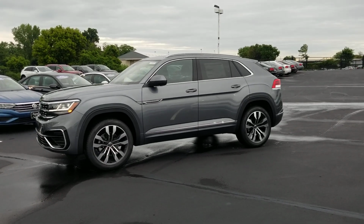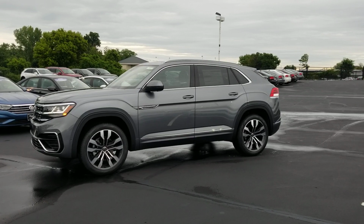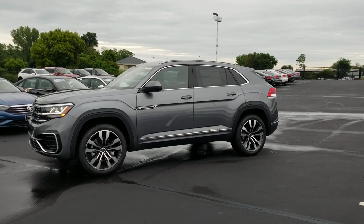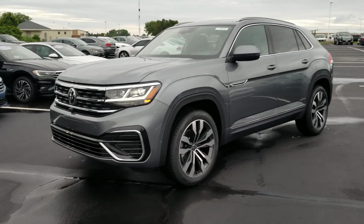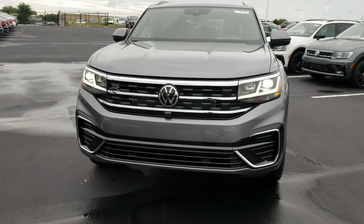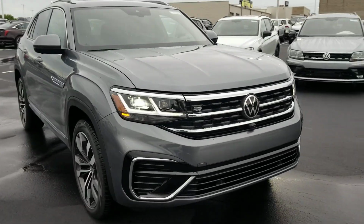Today I'm bringing you a 2020 Volkswagen Atlas Cross Sport SEL Premium R-Line. This one is platinum gray metallic on the exterior with black leather interior. It features 21-inch Braselton wheels, the much more aggressive R-Line front end, the larger exposed grille, the new Volkswagen logo,